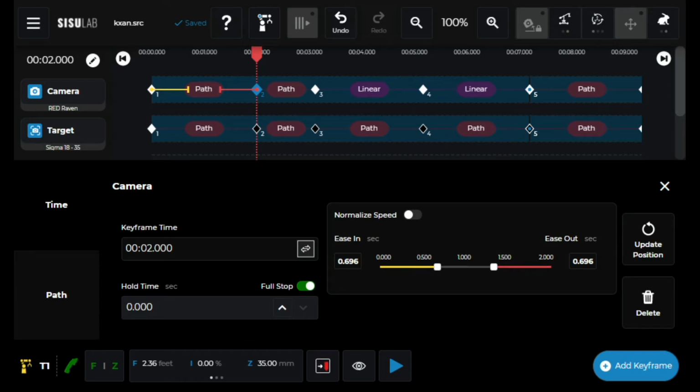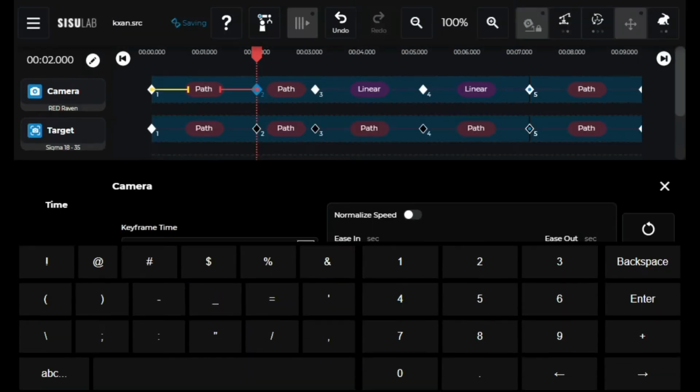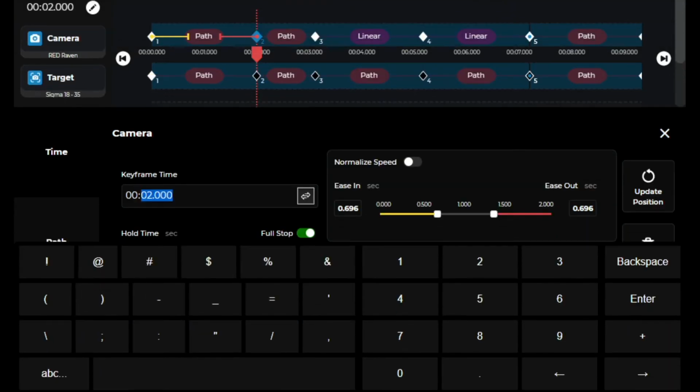So let's start with this one. We're on a path move, and we're in the time tab. There's a couple of different tabs. We're going to start in the time tab, and let's look at this top field right here. This is the keyframe time field. So this tells you exactly where in the timeline this keyframe is. So if I tap on that, I can actually input the time that I want. So if I want to go to 2.5 seconds,